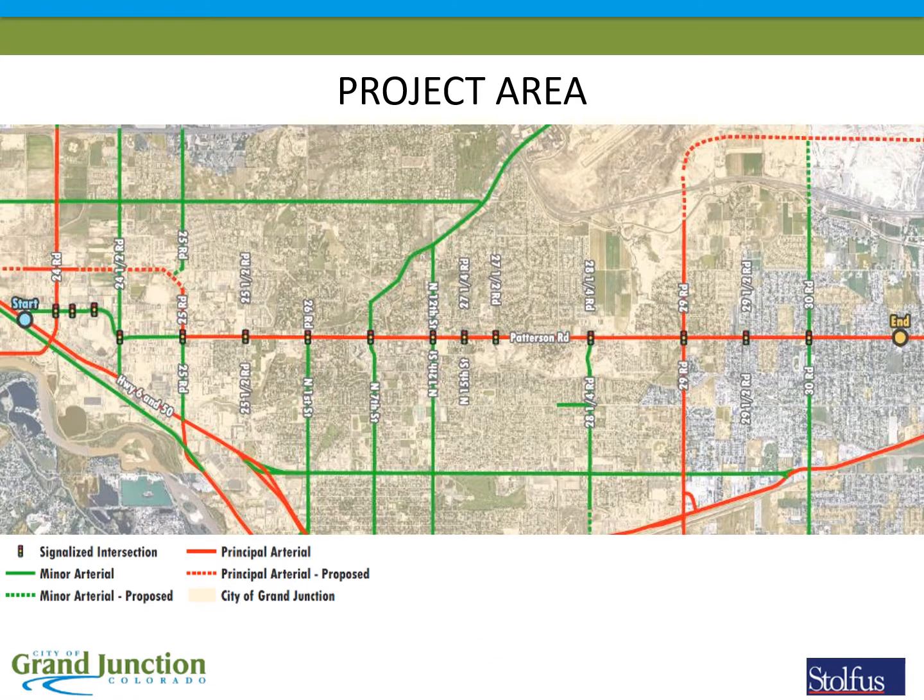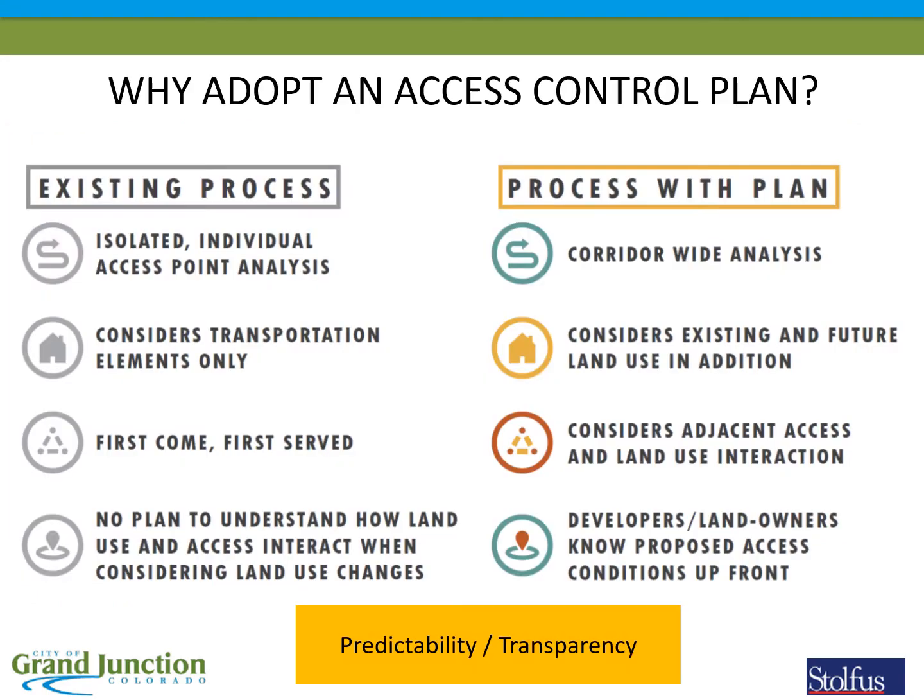Patterson Road has been one of the backbones of the Grand Valley since it was constructed in the mid-1980s. As our community continues to grow, we need to look at methods to preserve traffic flow and maintain safety of the corridor. One of the keys to increasing safety and maximizing the life of the four-lane arterial is through access management. An access control plan is a planning tool for the entire corridor to study and identify where access points